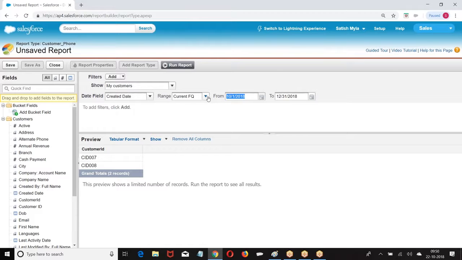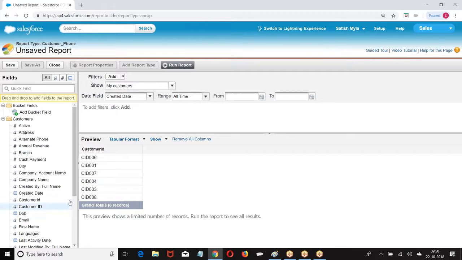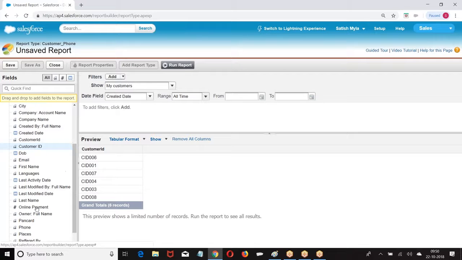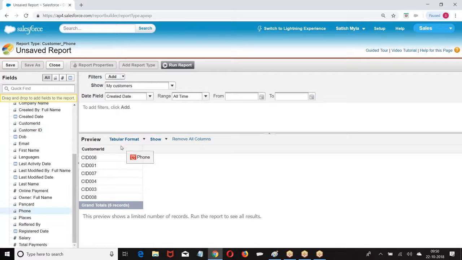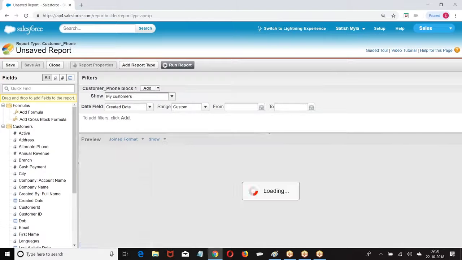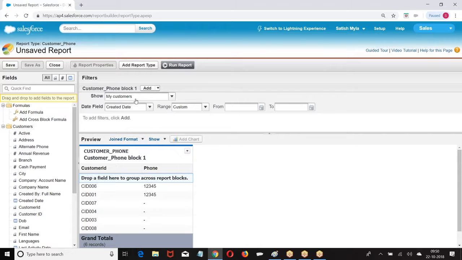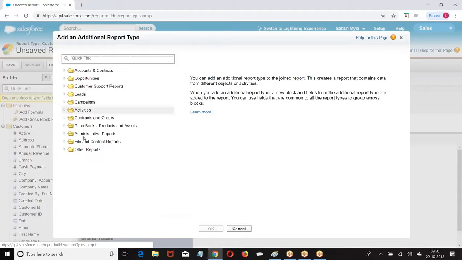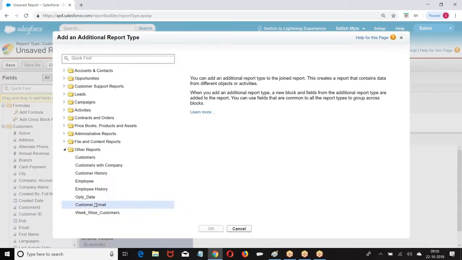Then I'm taking customer and phone number. No issue. Then I'm taking tabular report to join. When I said joined report, choose one more report type. Then I'm taking customer email.